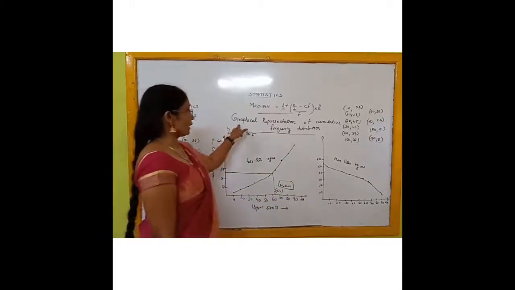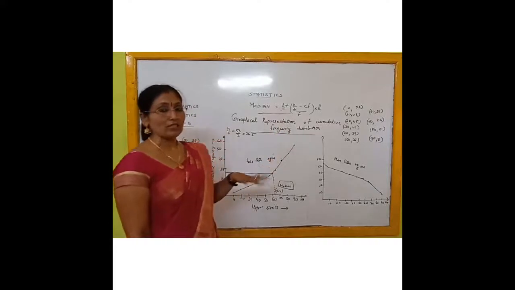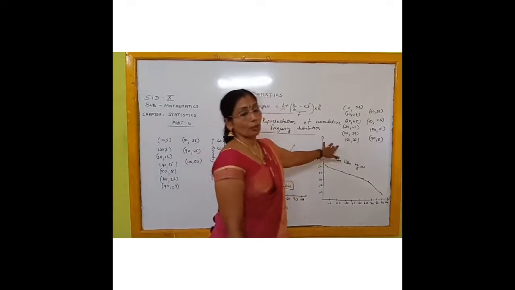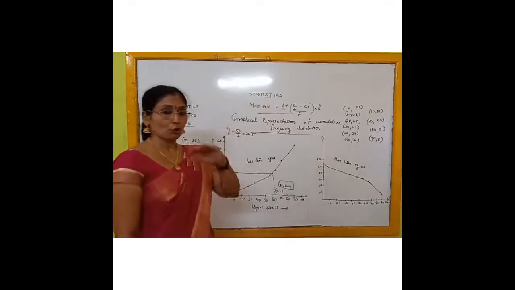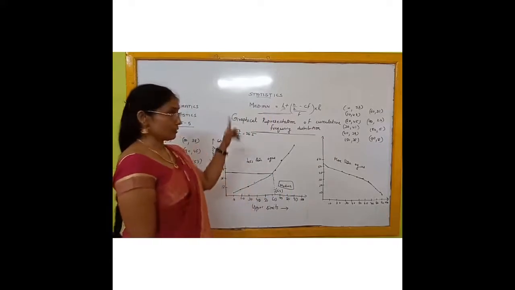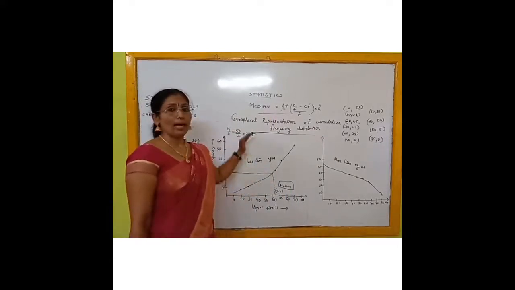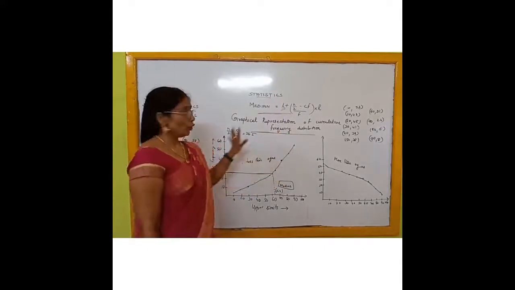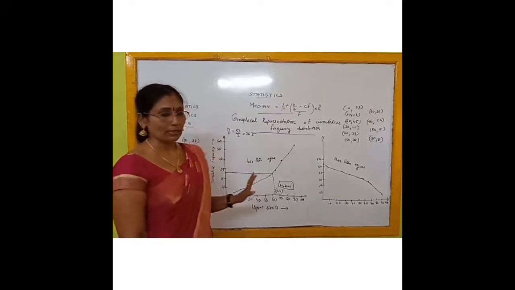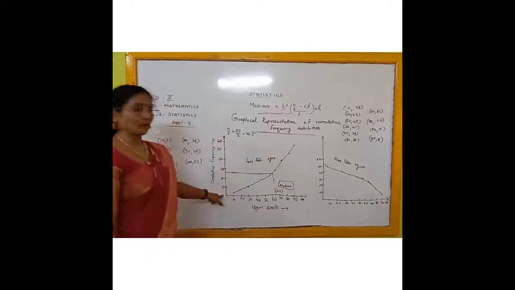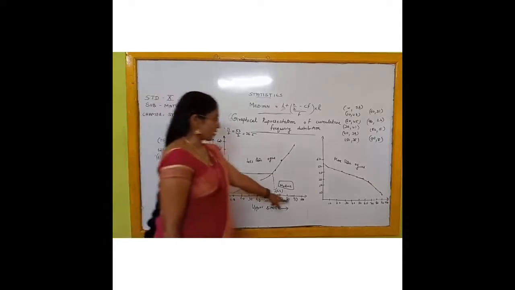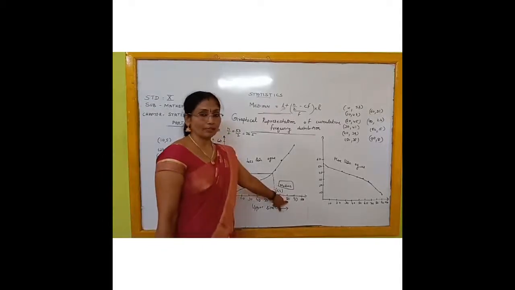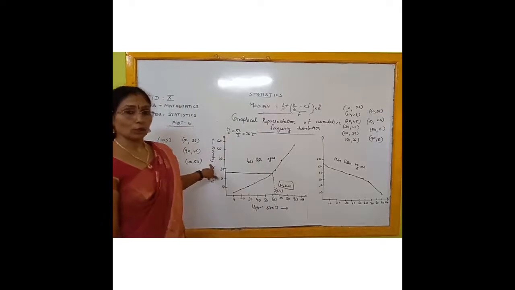So for graphical representation we are using the 2 tables, the less than cumulative frequency distribution table and the more than cumulative frequency distribution table. Clear for you, children? So you just turn the page and find that table, and using that table only I did this graph. Okay? So you have to represent the cumulative frequency only. We need only cumulative frequency, no need of frequency here. So the cumulative frequency you will mark on the y-axis, and on the x-axis you are going to mark the upper limits.